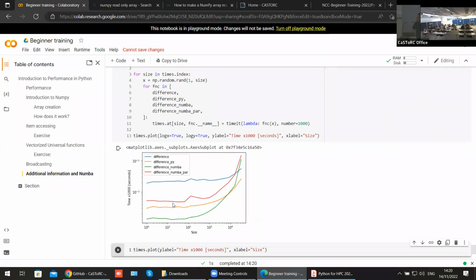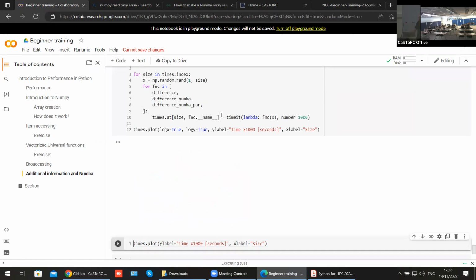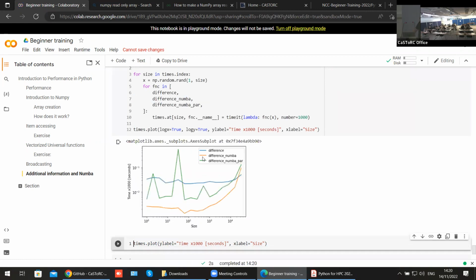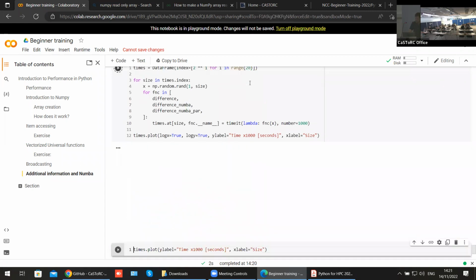I must have something wrong in place, but okay. Basically, what we are going to see now, let's just put this one because the Python should be much slower. Okay, here I have the 3 functions that I'm running. Let's run them up to 20. And basically what you can see is